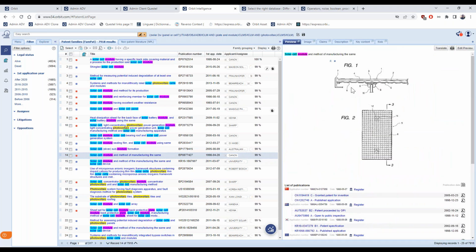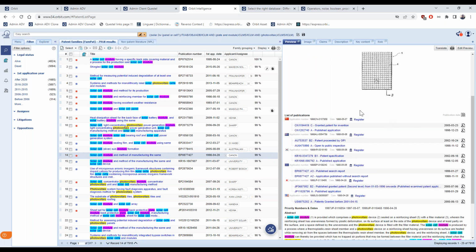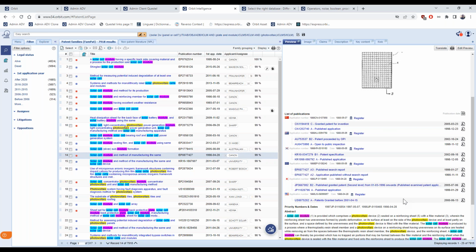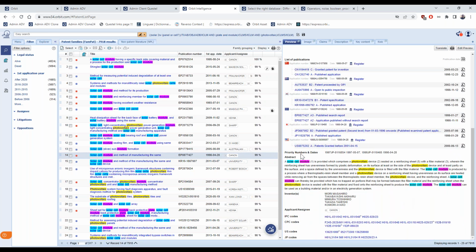So in this standard preview tab, you will find the title of a patent or patent family, the main drawing, and the list of publications that are part of this family. So the members, the different members. You have the priority numbers and dates because it's very important for this FAMPAT family construction rule.